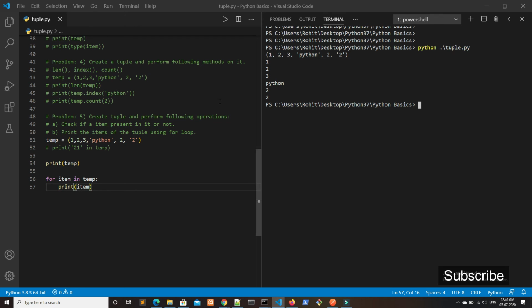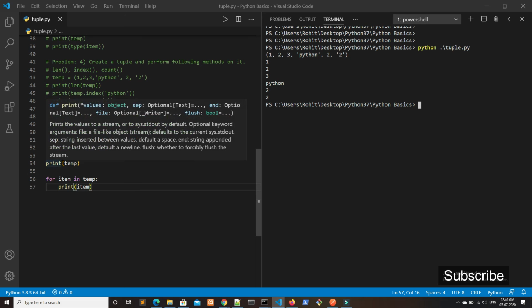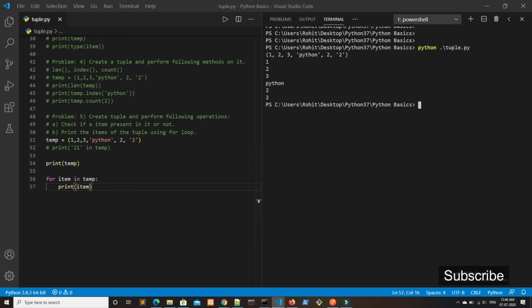As we can see, this print will print the values at once, that is it will print all the values, and when it goes to this for loop, it will print one by one, that is it will print the first value as 1, then 2, 3, then Python, then 2, and then 2.